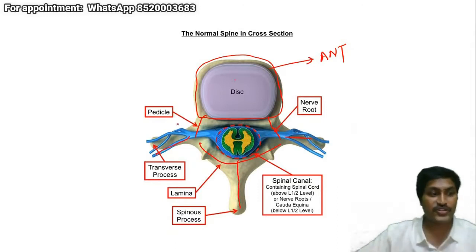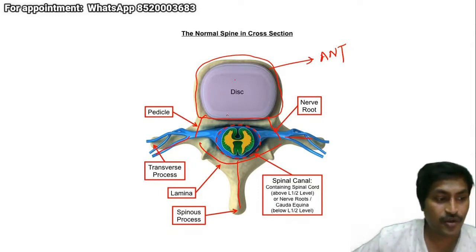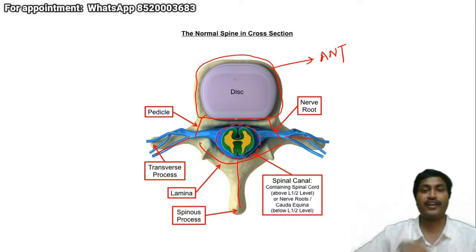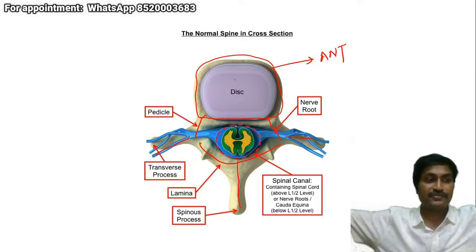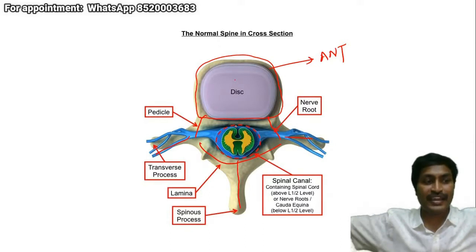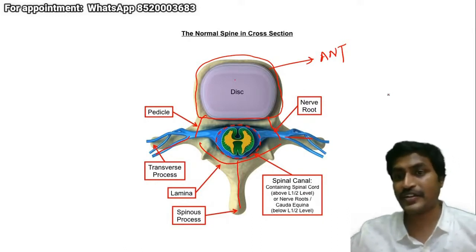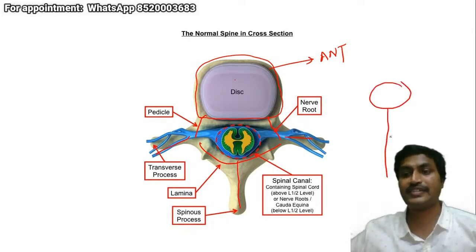So what I want to show you here is what are the contents within the vertebra. As you all know, within the vertebra we have the thecal sac. Along with the thecal sac we have the neural structures. Now, can you identify this portion of me? Just stand up, put both your hands apart. So this picture which you are seeing is similar to that one. This is similar to a person standing with both the hands stretched apart.